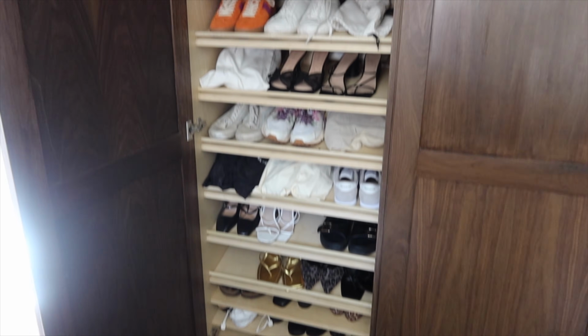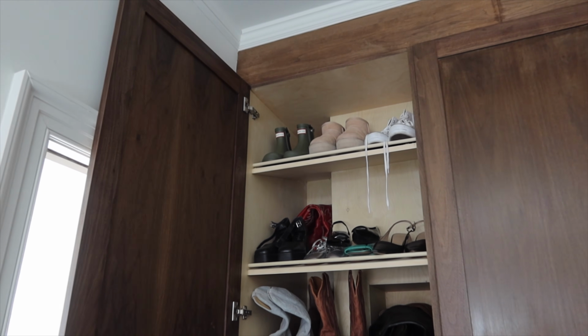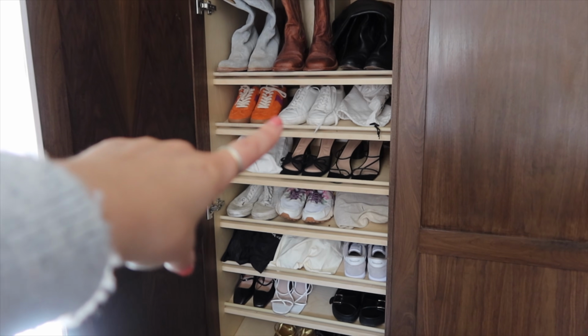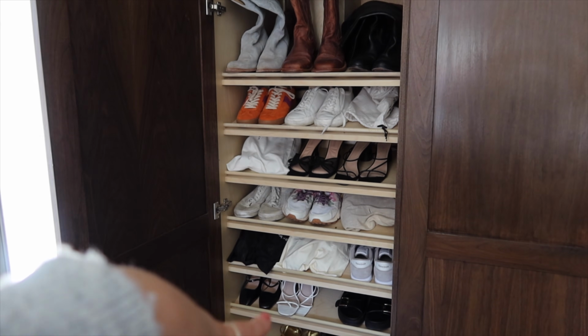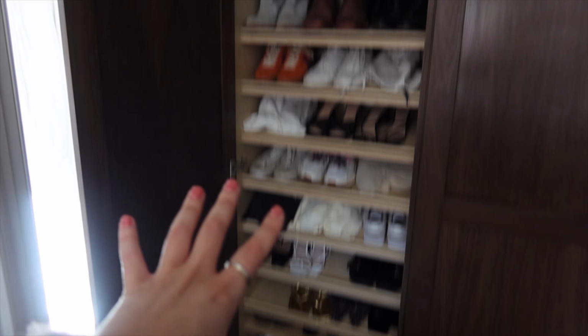So with that, I think this section is done. I think I can do this one quickly. These are shoes, and I need to find a better way to use the space, like find shoes that fill up the actual height of some of these. But like I said, I have shoes in the mudroom too. I think I mentioned that, so I'm gonna go through really quickly, see what heels and stuff I'm just not reaching for. I already see like 5 pairs I can get rid of, so I'm gonna knock this out and